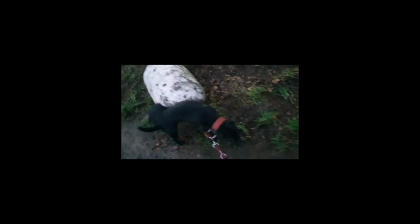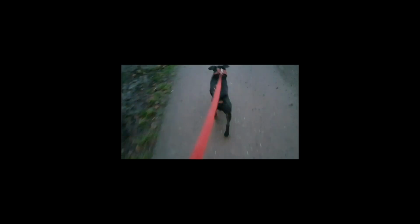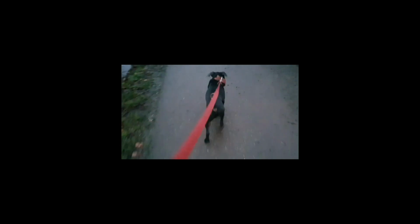This is called Canicross, and what you need for it is quite easy. In its essence, you need a dog like yourself, of course, but the best way to approach it is that the dog is in a harness, so that not all the stress is put on its neck by pulling you, and also that you yourself are in a harness, and in that harness you will also put a lot less stress